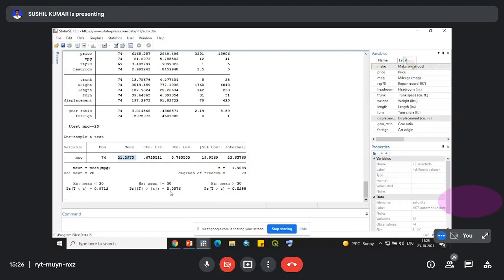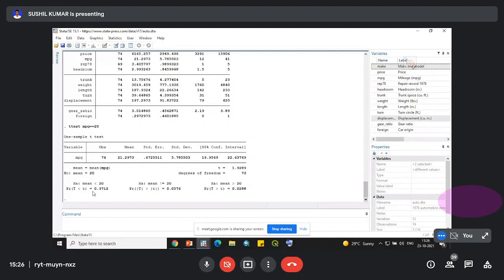Here you can see the p-value is greater than 0.05. Therefore we fail to reject the null hypothesis, and can say that this is just by chance. In the other case, if we assume the alternate hypothesis is that the mean is greater than 20, here you can see that the p-value is less than 0.05. In this case, we can reject our null hypothesis and accept the alternate hypothesis that the sample mean is greater than 20.